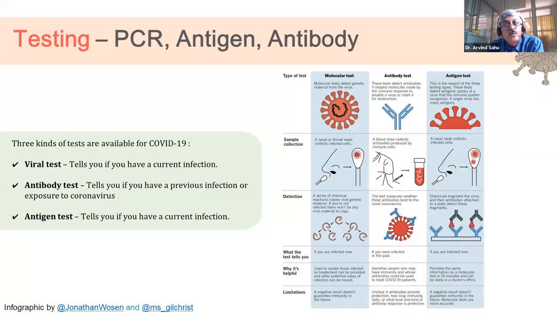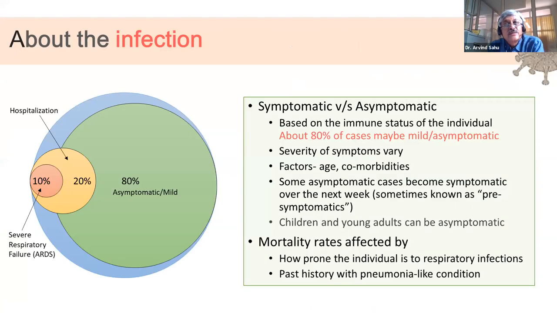So we all know that most cases of these are asymptomatic, or they have very mild infection, which means that the people don't even know that they are actually suffering from COVID. And this is almost 80%, which is a very good scenario. The only problem is that since these people don't know, they can transmit it very easily to other people. The remaining 20% by and large require